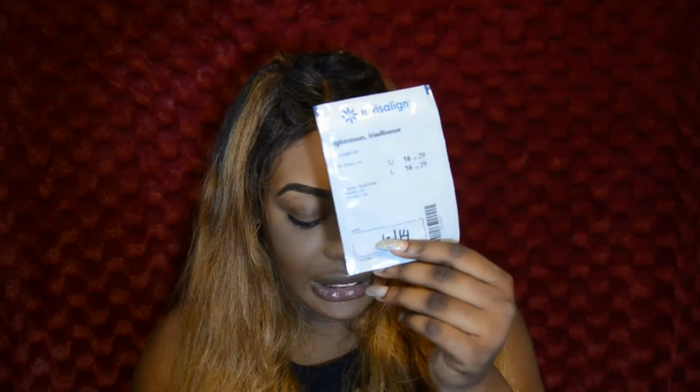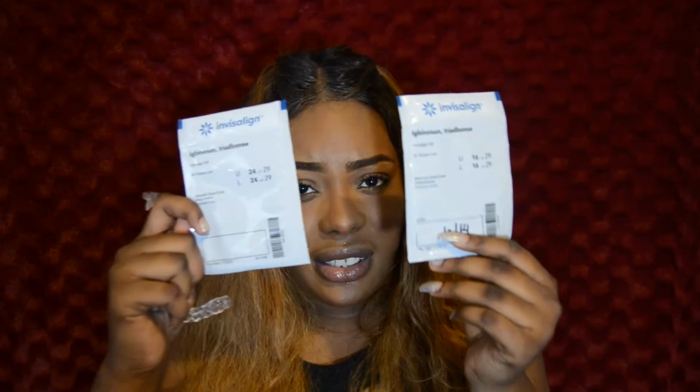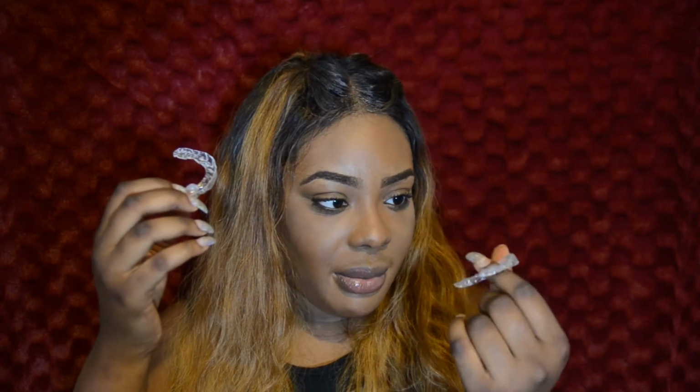So clearly, oh, these are the packages that they actually come in. They give you like 2 of these trays and you store them in there, but this is the package that it comes in. Clearly I had 29 trays in total, so this is 16 of 29 and I have 24 out of 29. I don't know which one this is. This is towards the ending because I know I saved this because I want to make a video in the future about my Invisalign treatment. So I saved this. Tray. This may be the last tray because they look like perfect teeth. But anyways,